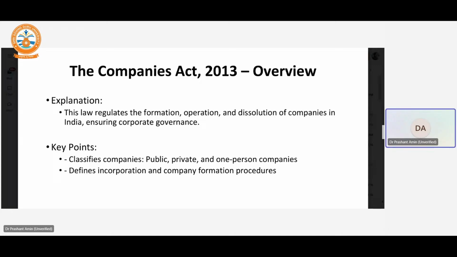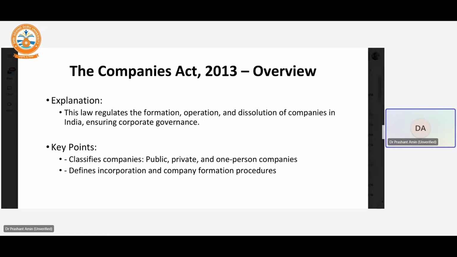And when you are challenged in a court of law, it means you are prosecuting the company indirectly, but you are actually prosecuting the person who is governing the company, who is the brain of the company. So that is the conceptual part of the Company and Companies Act. Anyway, let us understand the law related to the Companies Act 2013, which regulates the formation of the company,